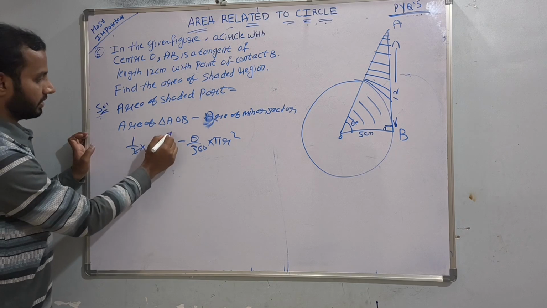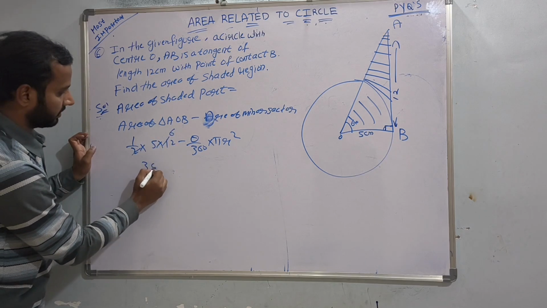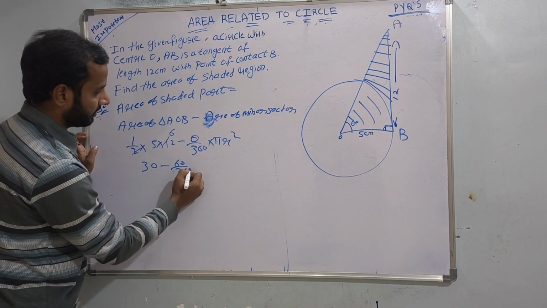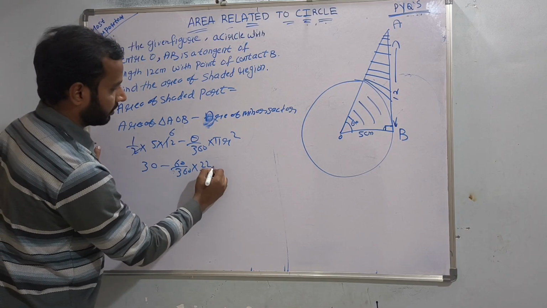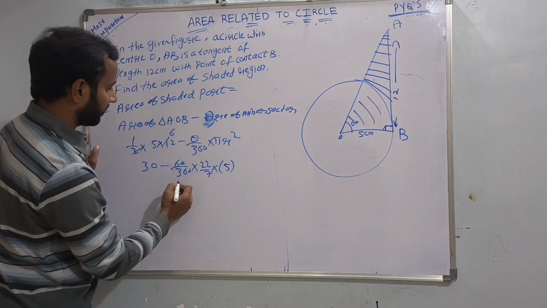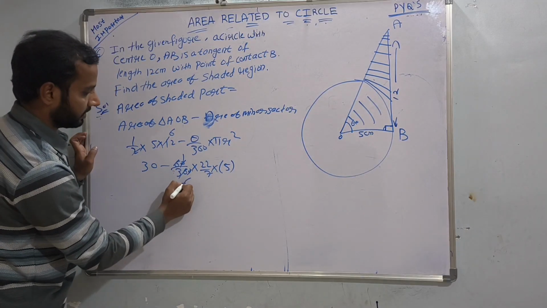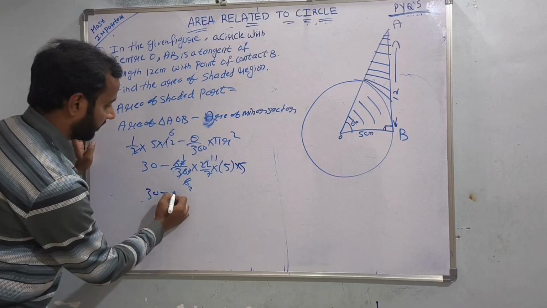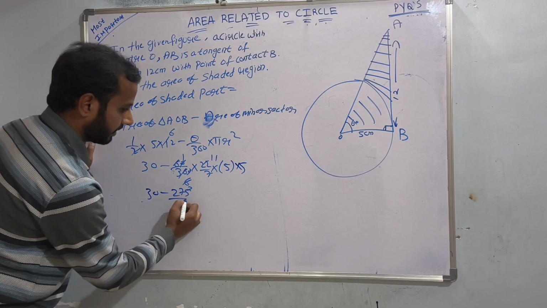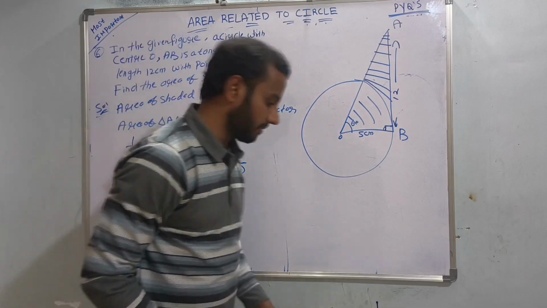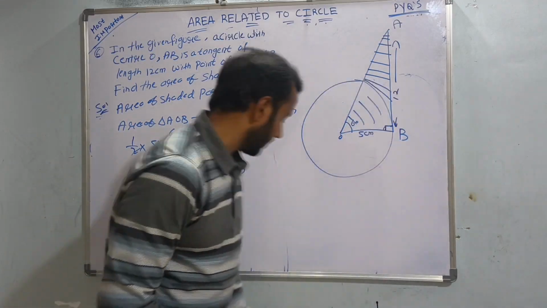Cancellation, 2 ones are 2, 6 twos are 12, 6 fives are 30, minus theta value is 60 degree divided by 360, pi value 22 by 7, radius is 5. Then 6 ones are 6, 6 sixes are 36, 2 threes are 6, 55 twos are 275 divided by 21. After calculation, the final answer will be 16.9